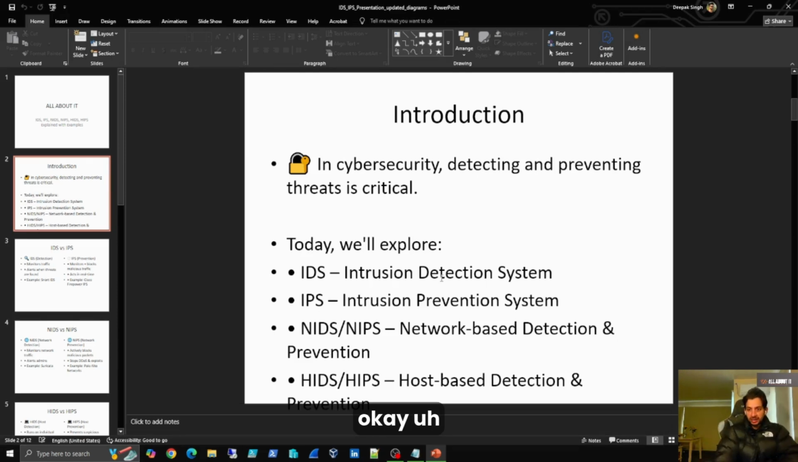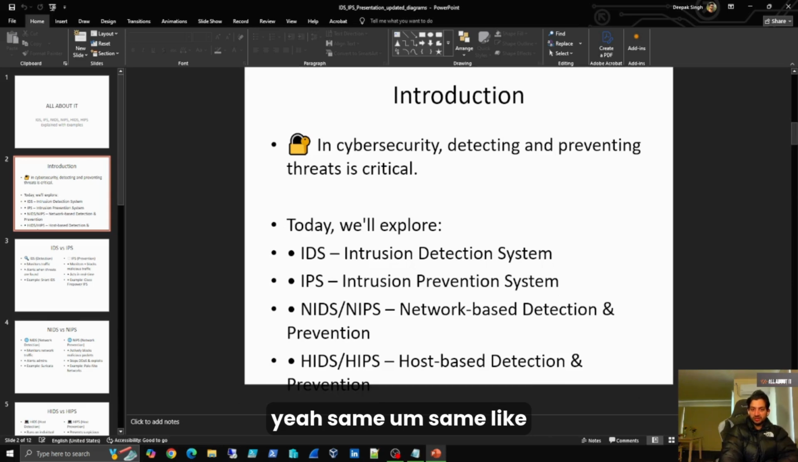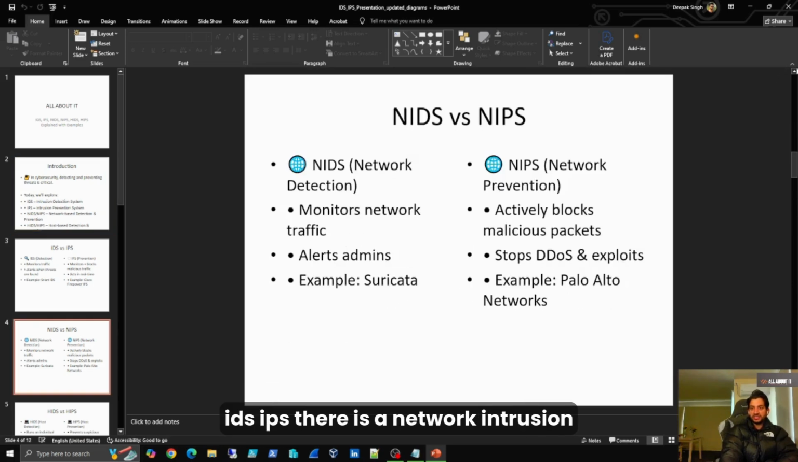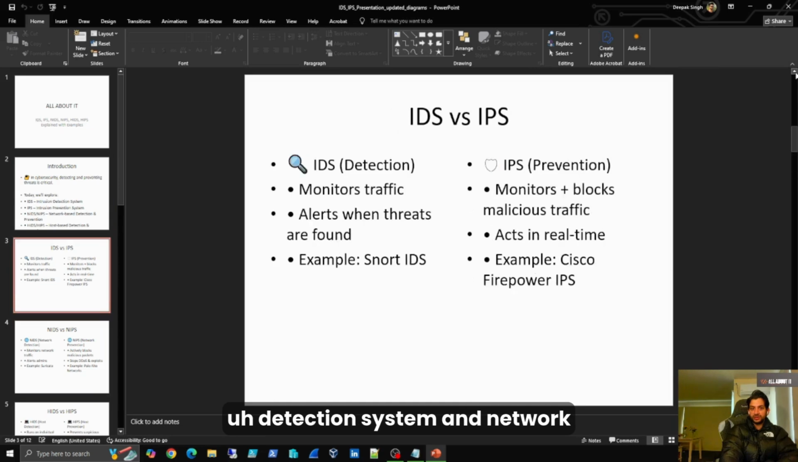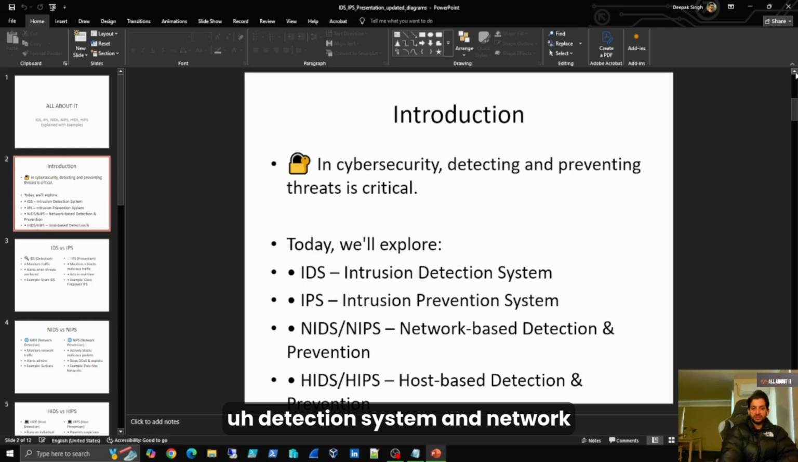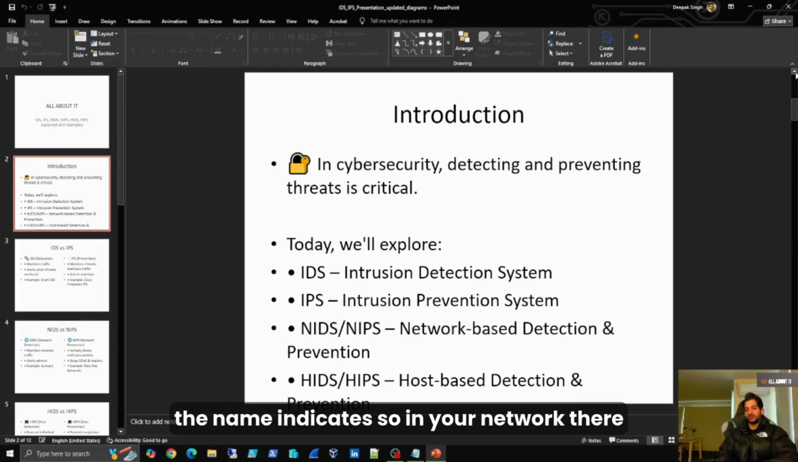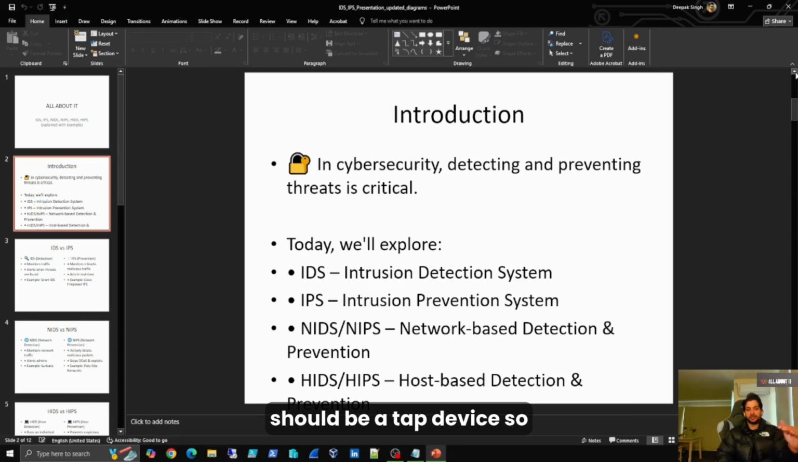Okay, what is NIDS and NIPS? Same as IDS, IPS, there is a network intrusion detection system and a network intrusion prevention system. As the name indicates, in your network there should be a tap device. That tap device is going to put a blockage, right, once it finds, for example,